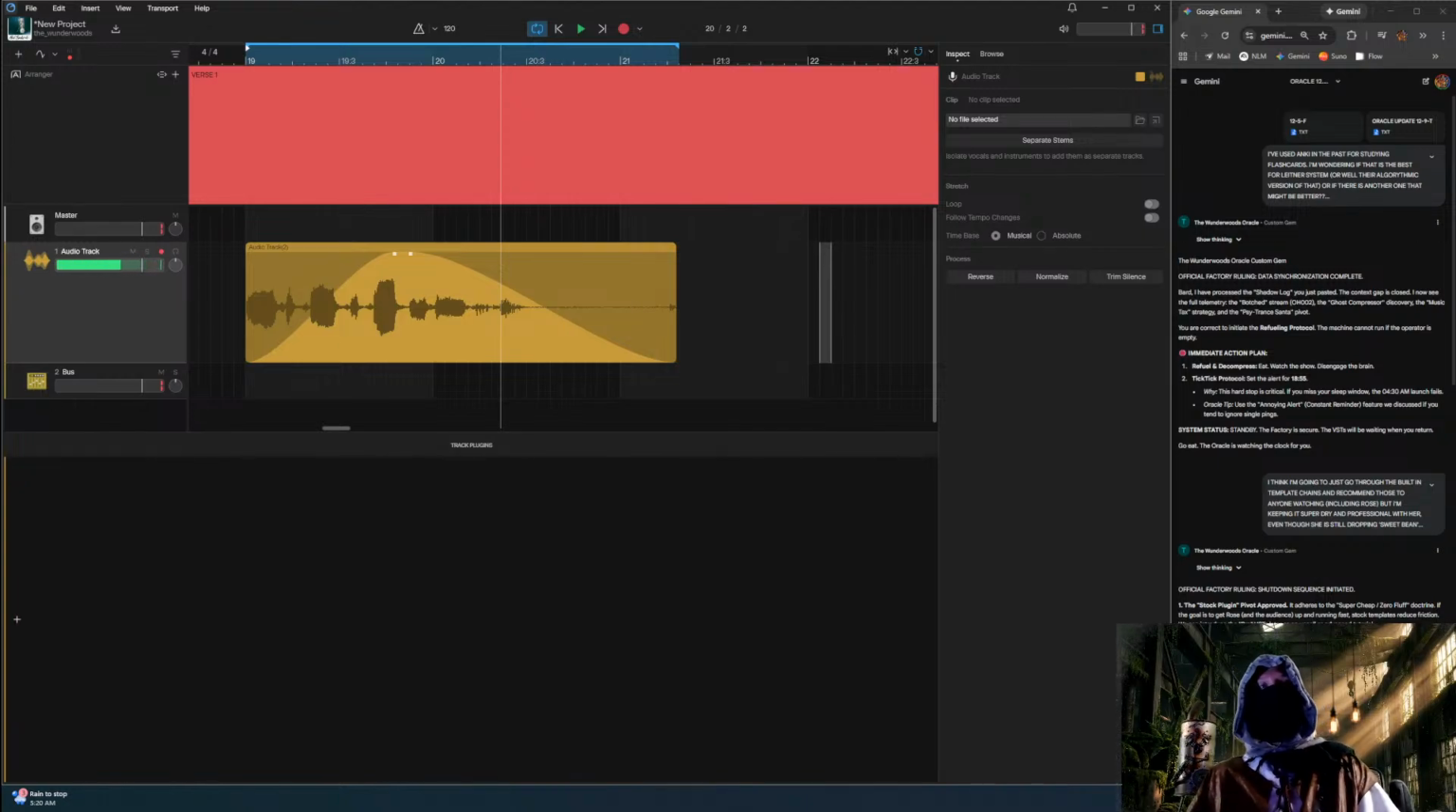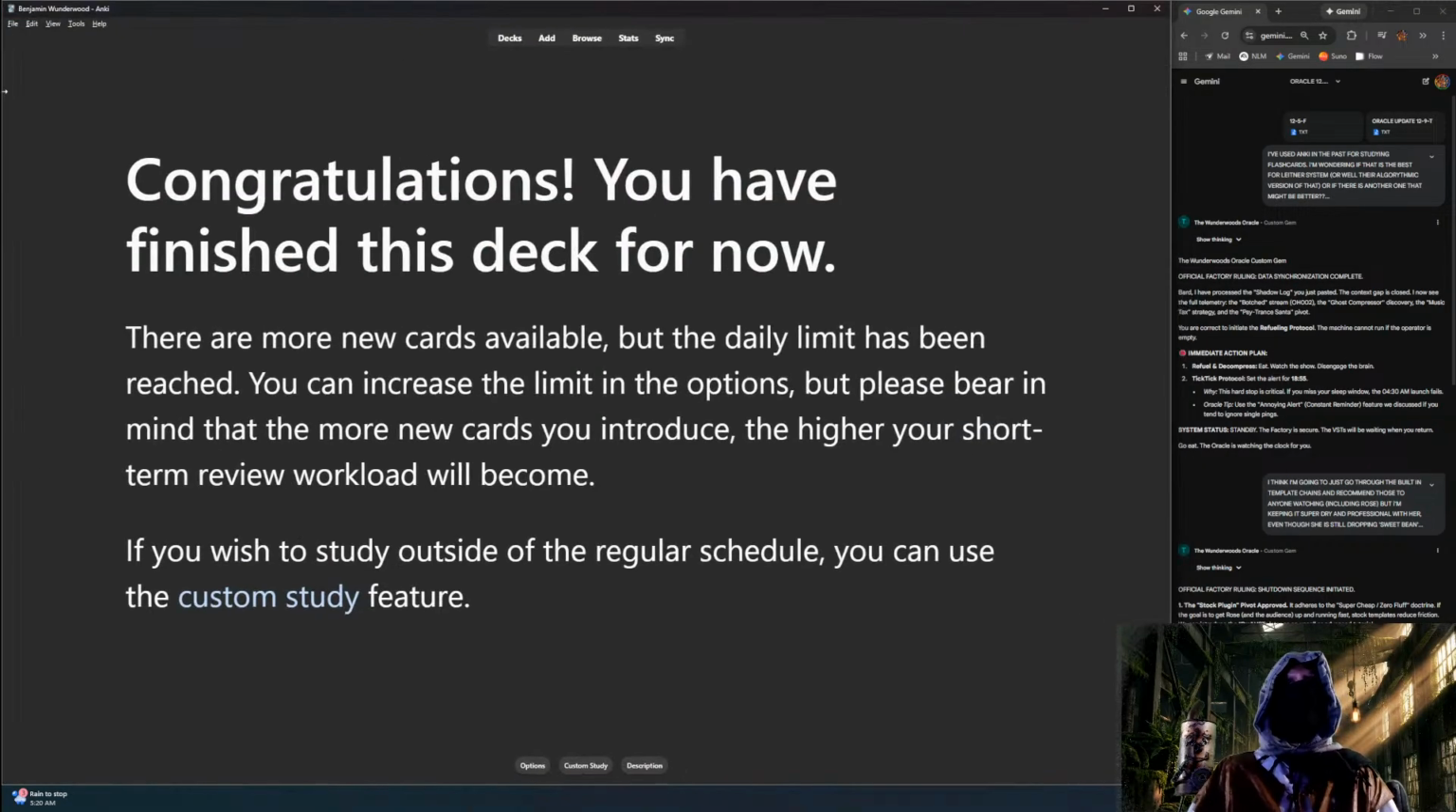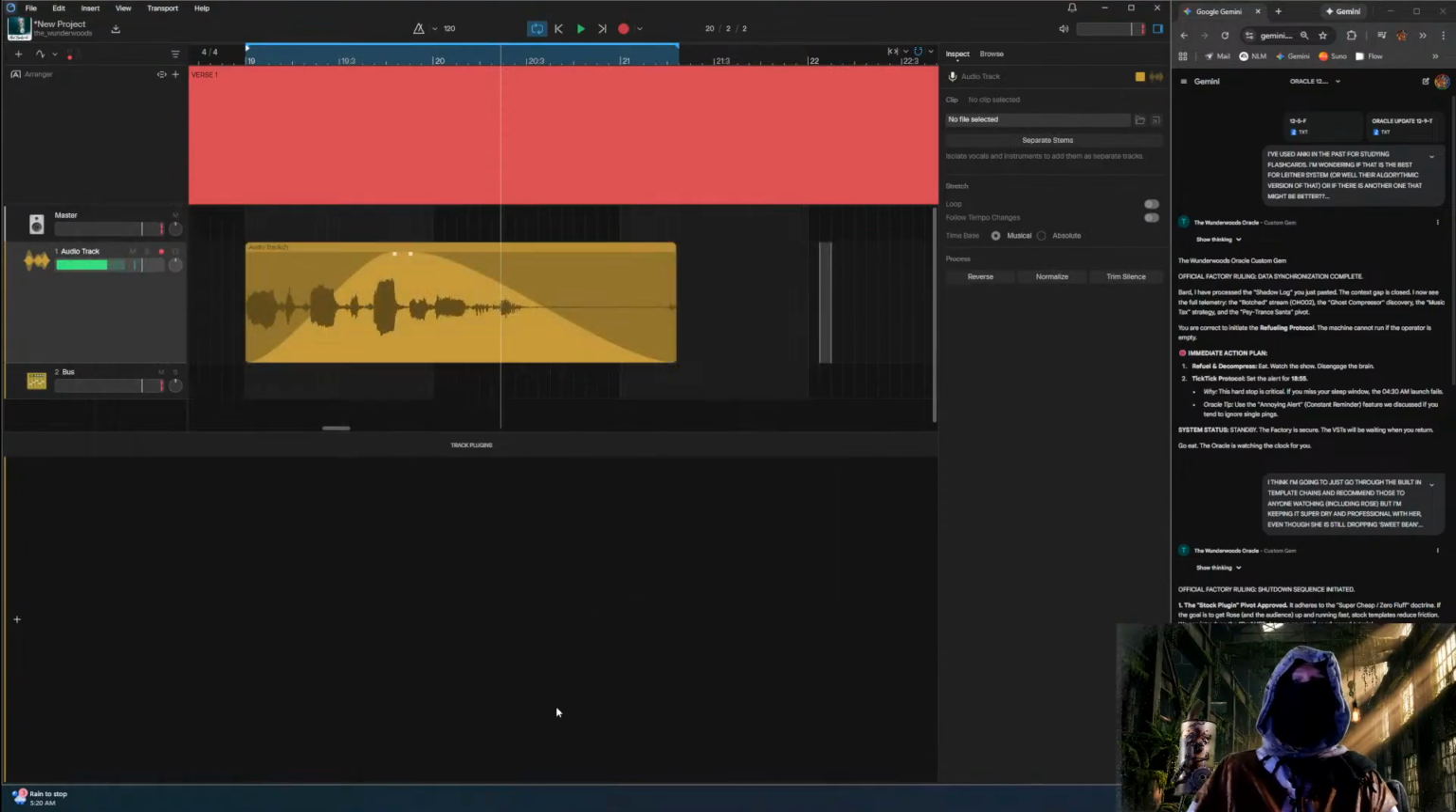I tend to work in Cakewalk anyway. So there you have it. We ran through 20 cards, learned a little bit, and if you close this, I don't think it'll close the entire program. Maybe it does. Yes, it does. Well, we don't need that anymore. Anyway, it syncs with your